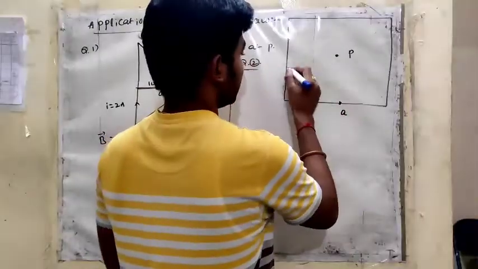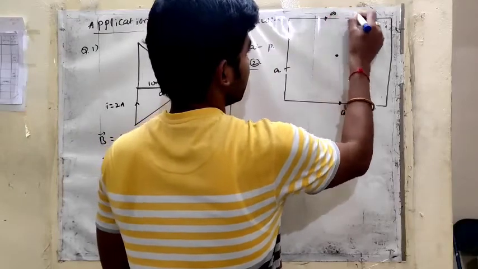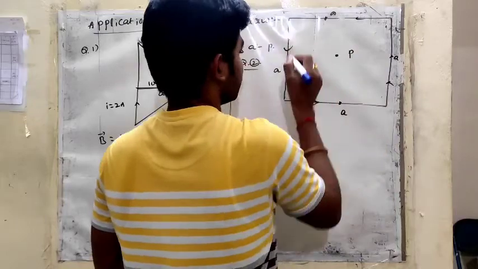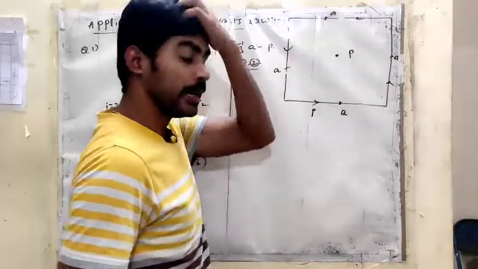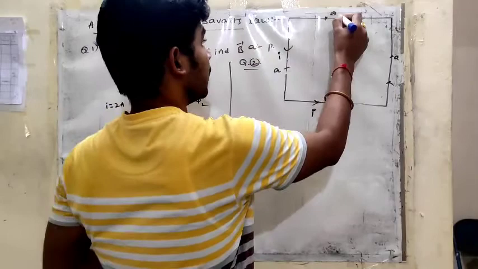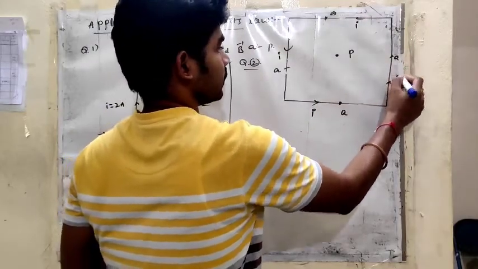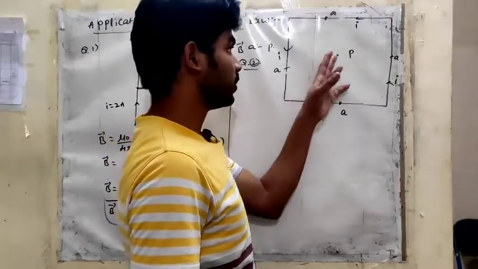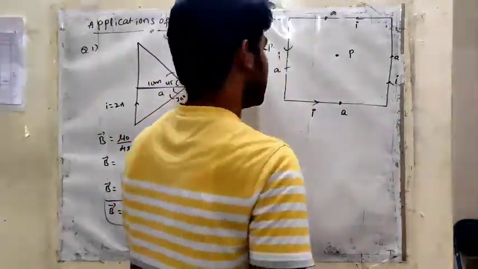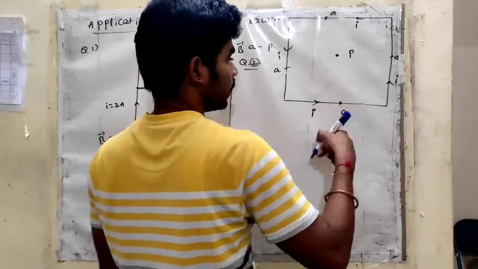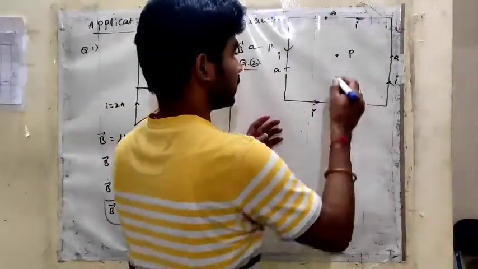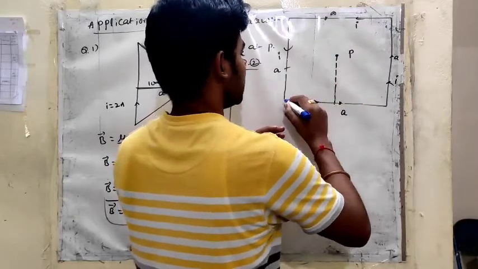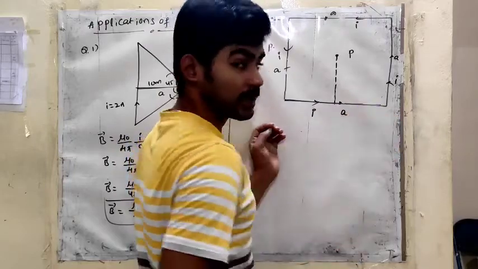So let us consider this side A and this side A and this side A and this side A. So electric current is passing like this. So this is the I direction. Okay, this is a square, so we can calculate for one side, then similarly we can apply to the remaining sides. So we need one perpendicular distance. Here I am calculating, so now this is the perpendicular distance. Perpendicular distance means this is one side current carrying conductor only, application again.